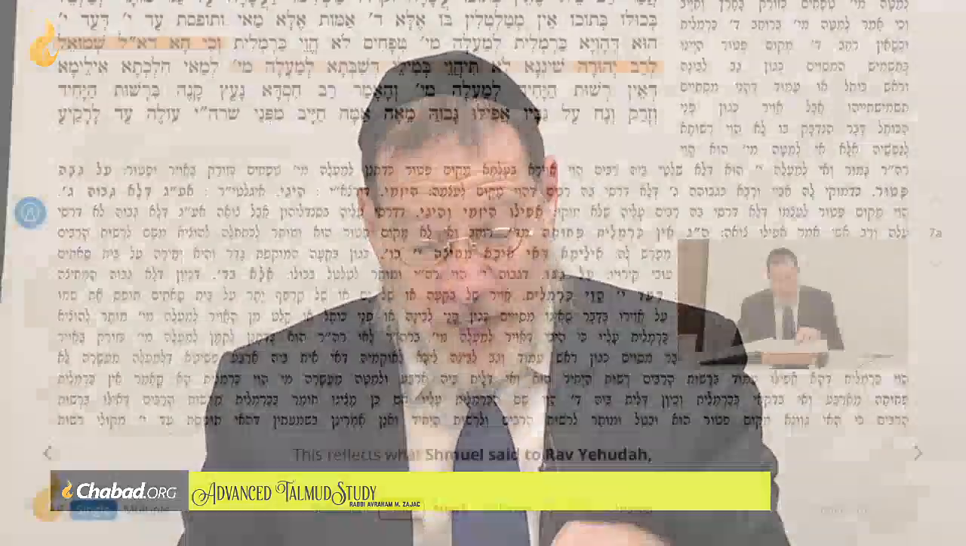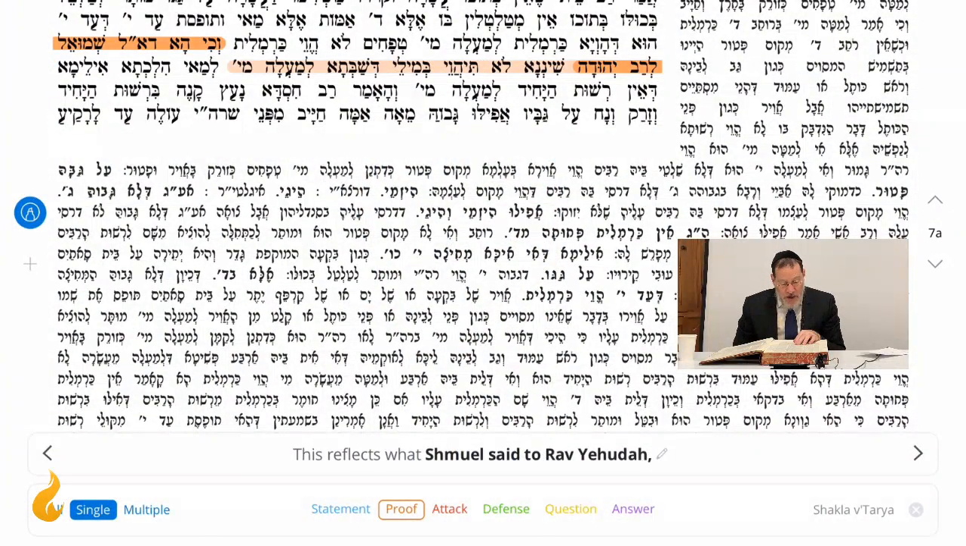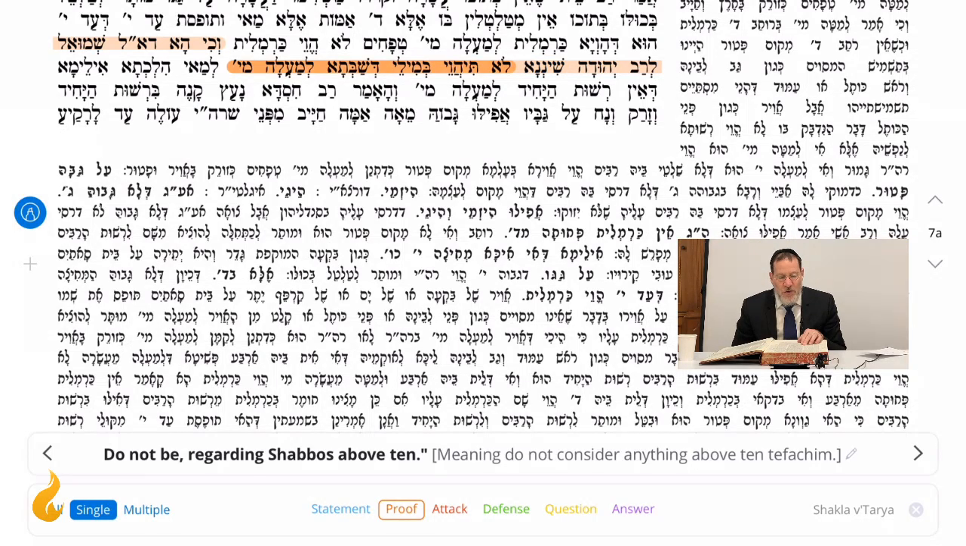So Shmuel told Rav Yehuda, Shinana, lo teheve b'mila d'shabsa l'mayla miyud. Don't discuss matters of Shabbos with regard to an area above 10 tefachim. What was the pshat? Don't discuss matters of Shabbos in an area above 10 tefachim. What does that mean? What does that statement mean? If he meant to say that there's no Reshus Yachid l'mayla miyud,